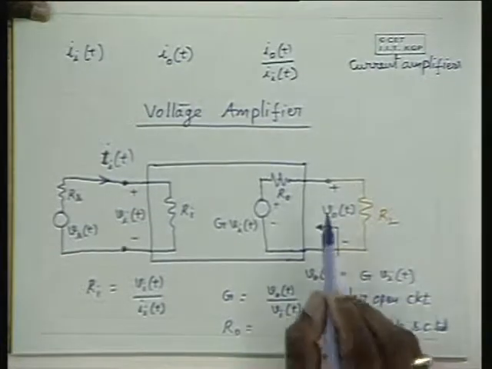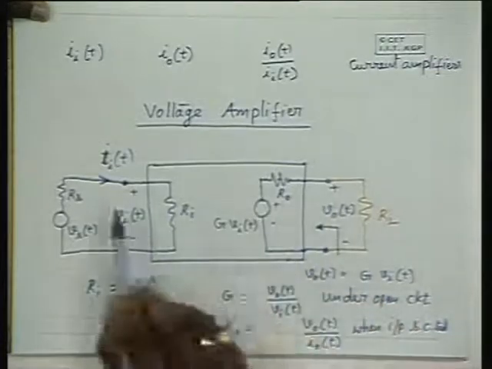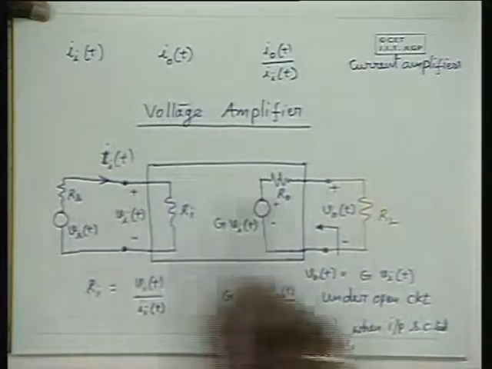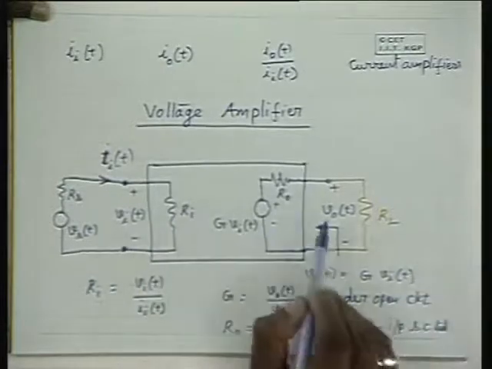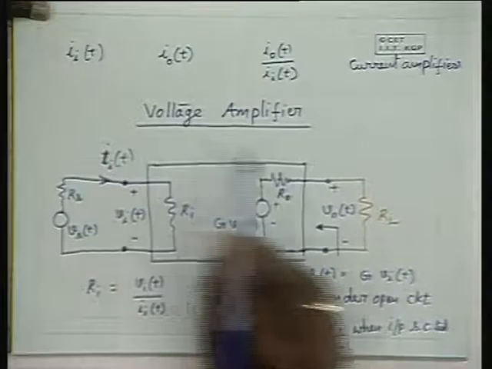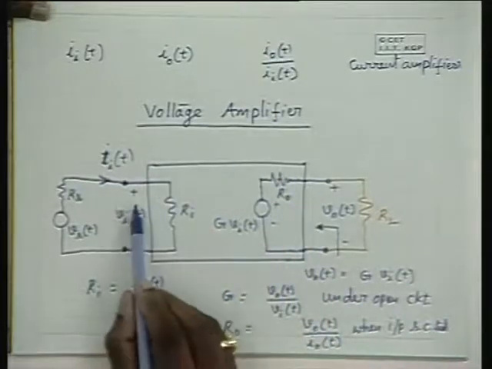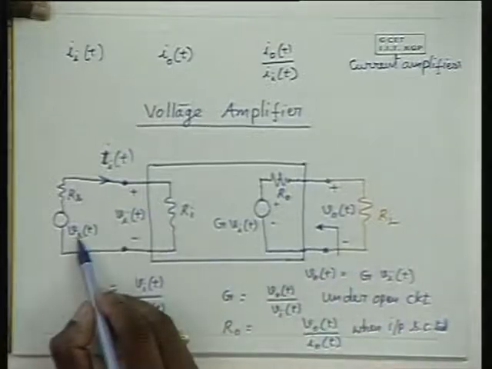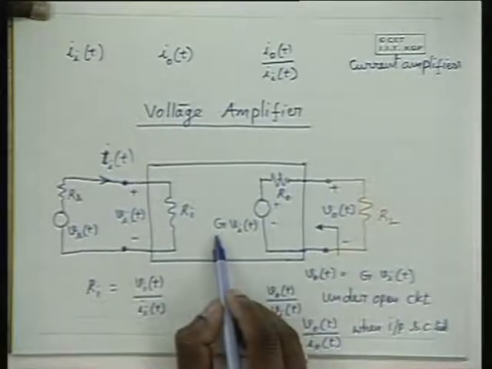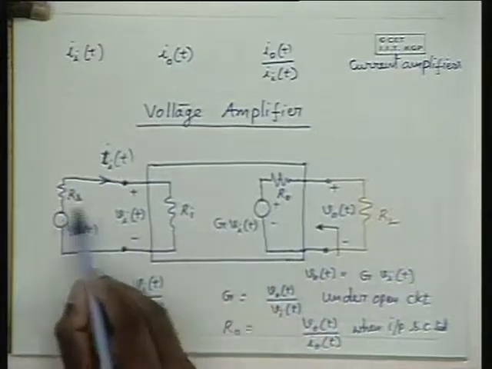Shall we determine the overall voltage gain of this stage? Let us determine the overall voltage gain you are getting from the voltage amplifier. Is it going to be equal to G? That means output voltage V0 by Vs, is it going to be equal to G? Not really, because there is some attenuation here.